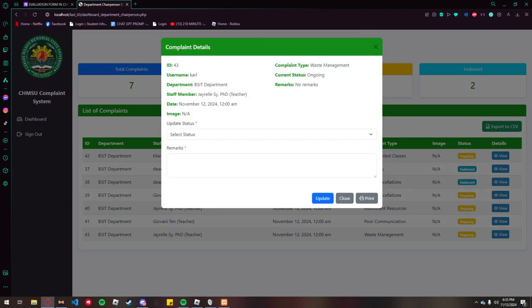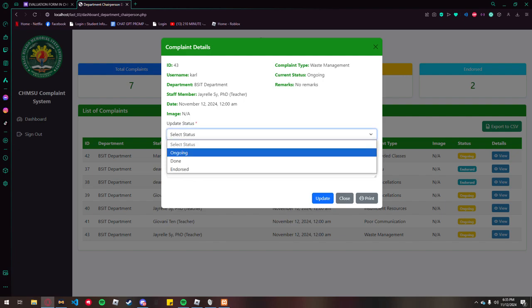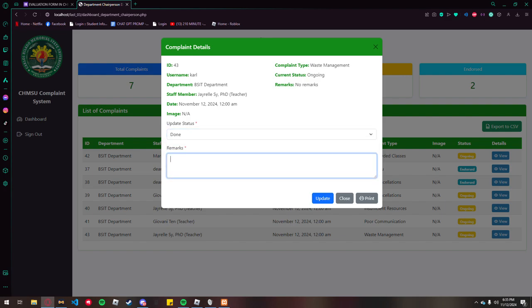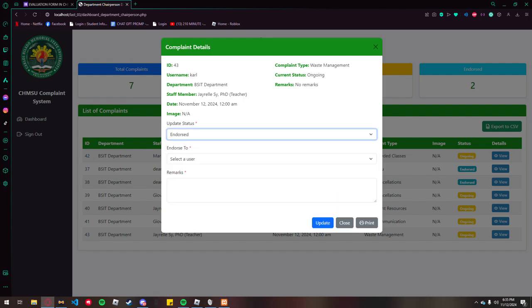For example, the chairperson is gonna update the status. They want to update it as done or endorsed. Done means the complaint is already resolved. And remark, they can put a comment whether they have a comment on this type of problem. Or endorse,